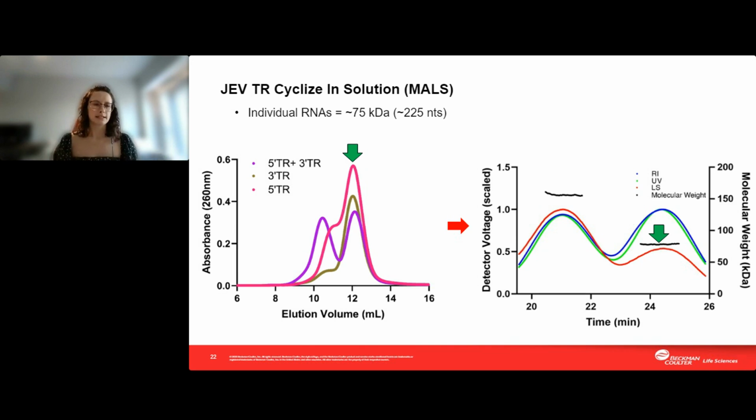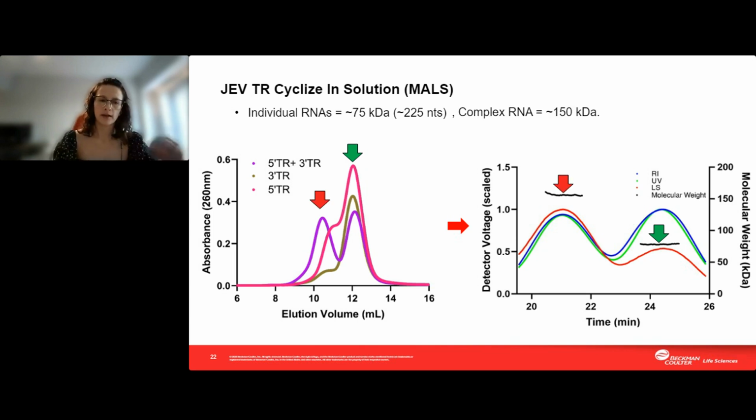When we then mix these together in the SEC plot, we get the purple trace. And we see the addition of this second peak appearing at about 10 milliliters. This 10 milliliter peak corresponded on the MALS instrument to where the red arrow is there, and had a molecular weight of about 150 kilodaltons, which would then be 2 of our RNAs together. So this helps show that when you mix the 5' TR and the 3' TR, you get a dimer formation. However, if you look at the